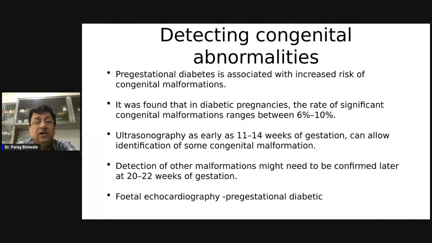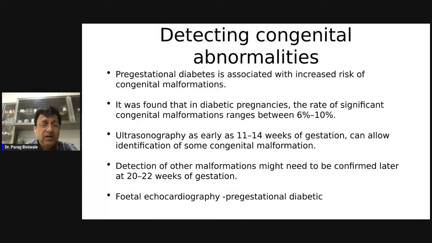What is most important in women who have early gestational diabetes or who are diabetic and become pregnant is detecting congenital anomalies. So, pre-gestational diabetes is associated with increased risk of malformations. It was found that diabetic pregnancies result in 6 to 10% of congenital anomalies. So, ultrasonography as early as 11 to 14 weeks can identify some congenital malformations. The detection of other malformations may need confirmation later at 20 to 22 weeks,